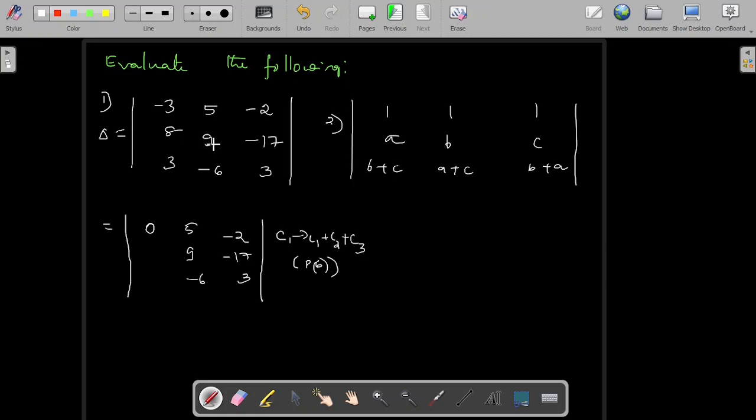So 8 plus 9 is 17, minus 17, 0. Then 3 minus 6 is minus 3, plus 3, it is 0. So if you have any row or any column with all entries 0, the value of the determinant is 0. So without doing the actual expansion of this determinant, we directly got the value of this determinant as 0 using